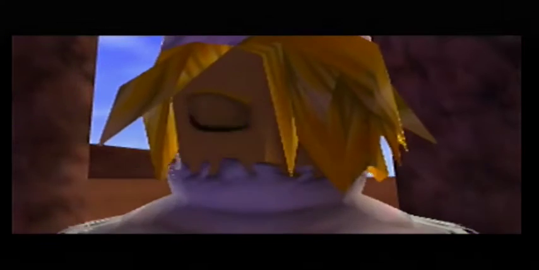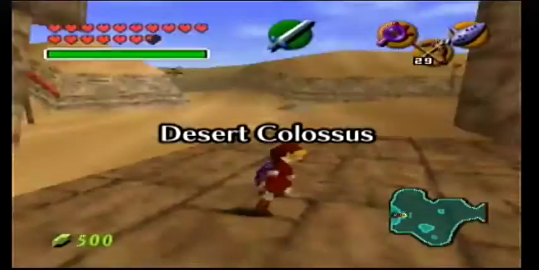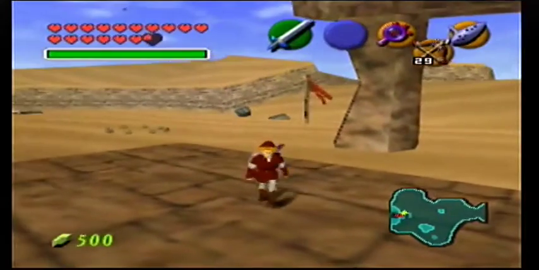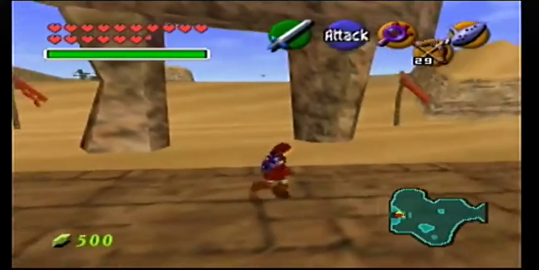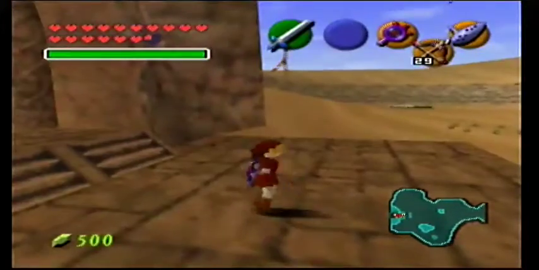I love the tension of this moment. Because of the tension, you can almost imagine Link saying, "Who are you?" You can almost imagine there's this connection between the two of them, and everyone knows that it's actually Zelda. That's not even a spoiler anymore, but